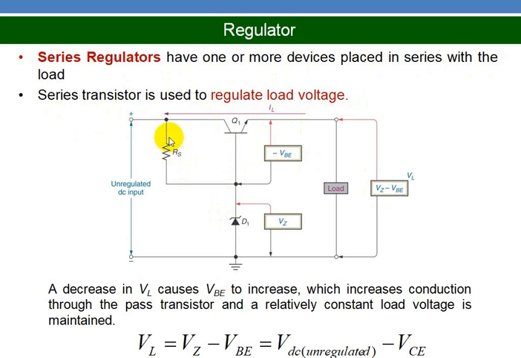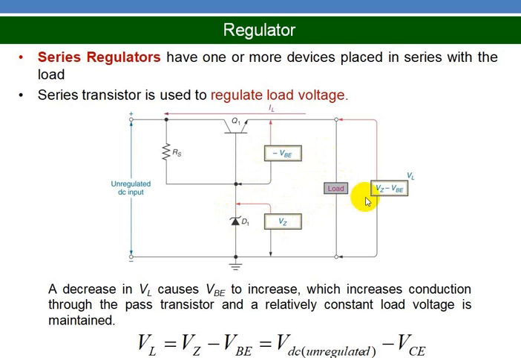Here RS is the resistance connected between supply and Zener diode. This will be providing biasing current for the Zener diode. The voltage across the Zener diode is called VZ. This voltage is called Zener voltage, and the voltage between base and emitter terminals is called VBE. So here the polarity of this voltage, the polarity at this point with respect to this point, is minus. So the voltage across the load will be equal to the sum of these two voltages, VZ minus VBE.